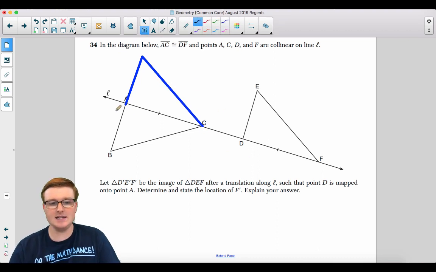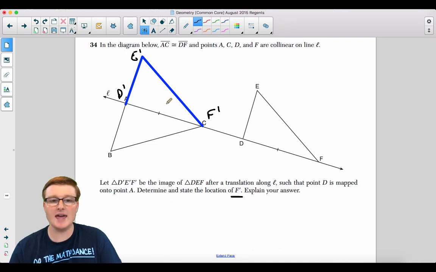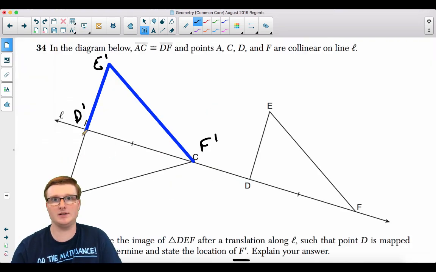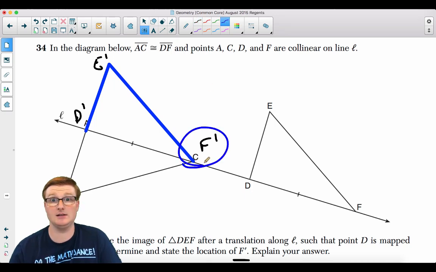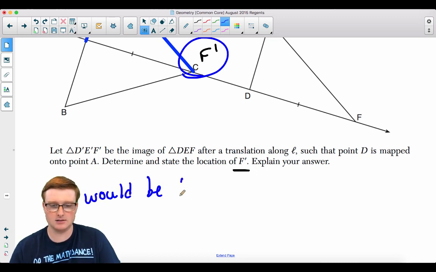So D is being mapped onto A. So therefore, F is mapped onto C. But this is D prime, E prime, F prime. It's asking you for the location of F prime. Well, where is F prime? At point C. So we're going to say that F prime would be located